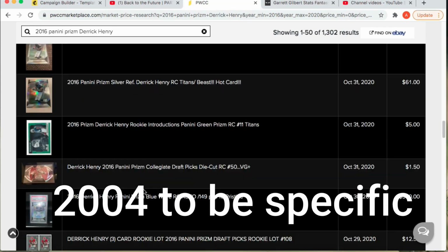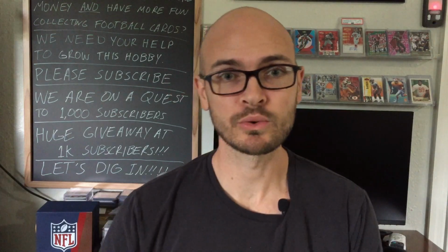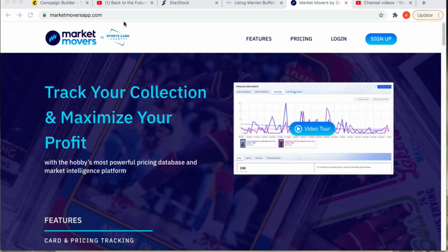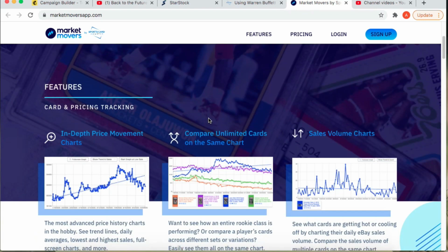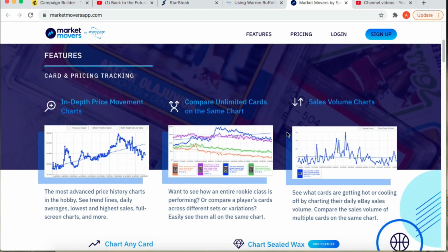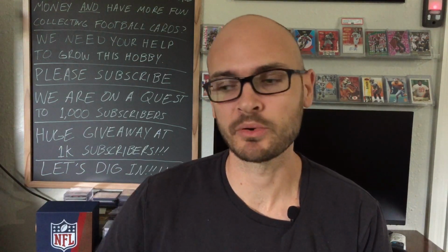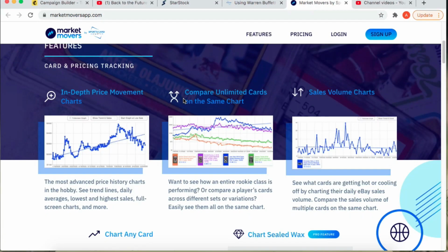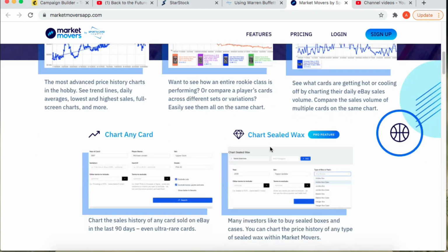Now, a paid version of this tool for pulling sales data from eBay pretty much as far back as you want is Market Movers, created by Jeff Wilson of the YouTube channel The Sports Card Investor. He founded this platform called Market Movers, and they have an application programming interface, or an API, to pull the sales data from eBay, just like PWCC. But Market Movers is putting it in a visually pleasing format and allowing you to do some really cool things,